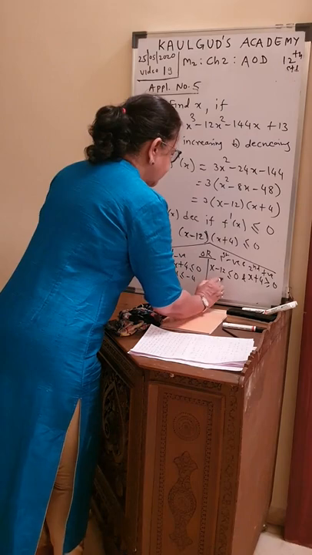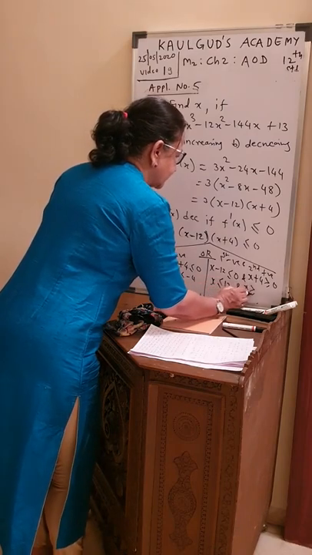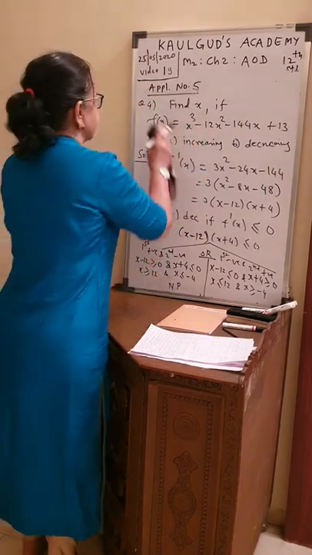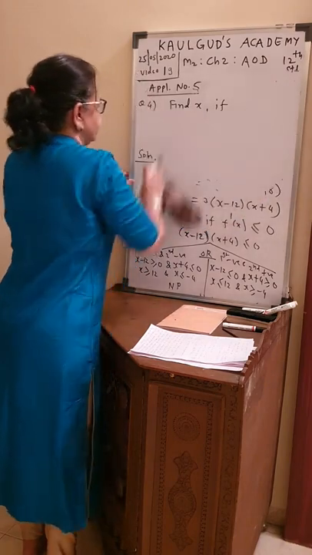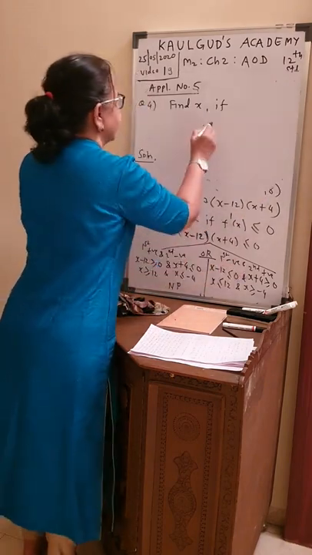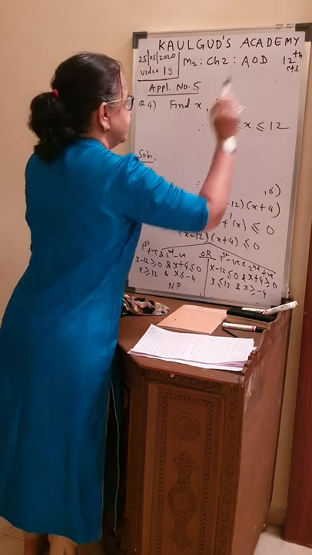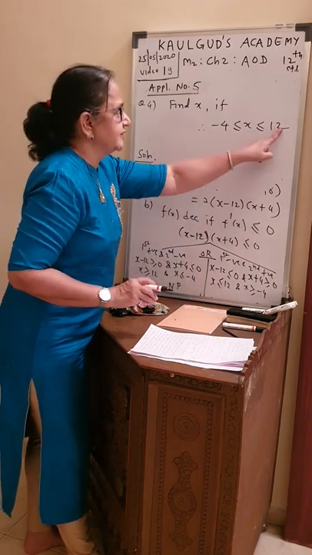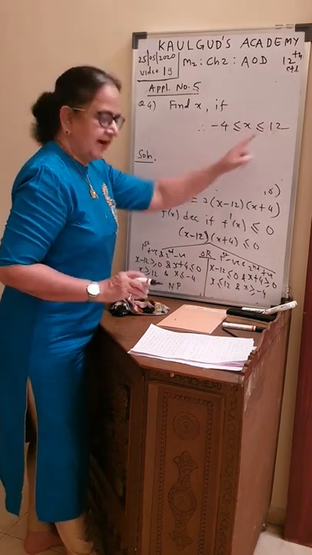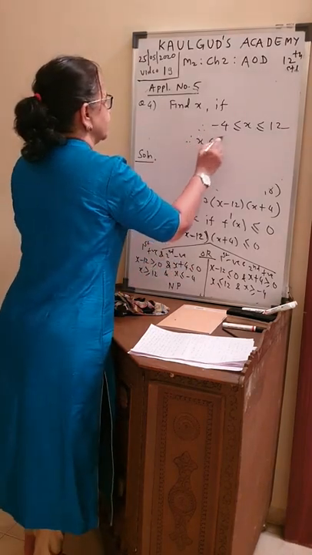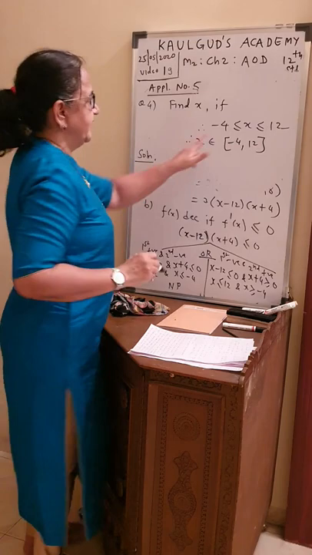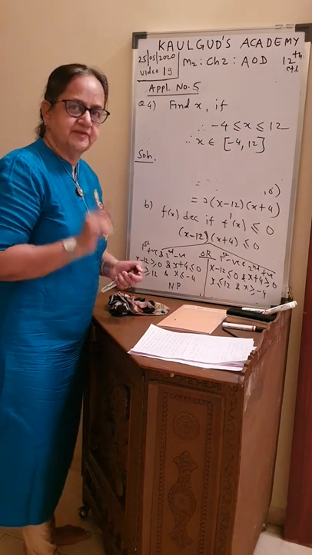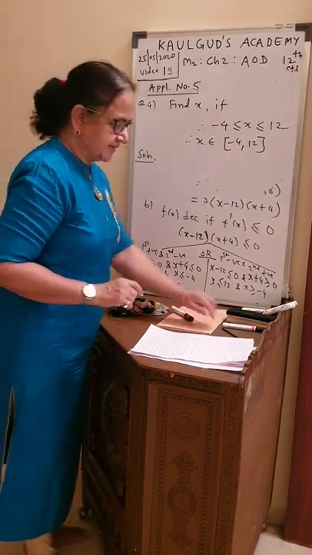Then here, x should be less than or equal to 12 and x should be greater than or equal to minus 4. So it is less than 12 but bigger than minus 4. That means you can also write it as minus 4 less than or equal to x less than or equal to 12. x is bigger than minus 4 but also smaller than 12. So it lies between minus 4 and 12 and both are included. Therefore, x belongs to the closed interval. When end points are included, you should always write closed interval. So f of x is decreasing when x belongs to this interval, [-4, 12].